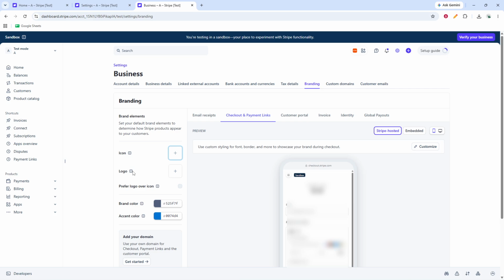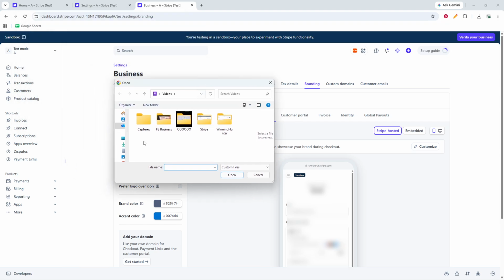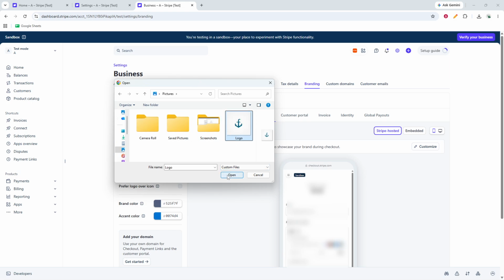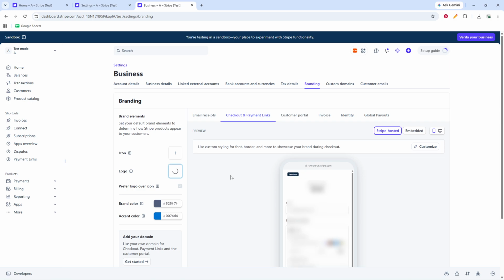Next, click the plus button next to Logo. Stripe will open the upload window for your account. Choose your business logo file from your device and upload it. After the file is added, give Stripe a moment if it needs to finish processing the image. Once the upload completes, the logo should appear in the logo section so you can confirm that the correct file